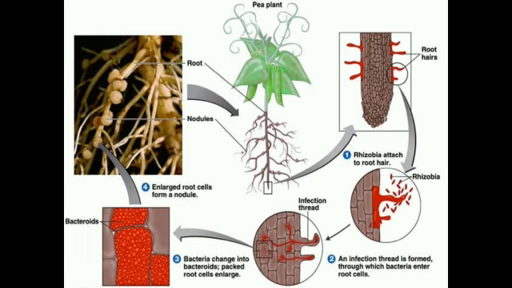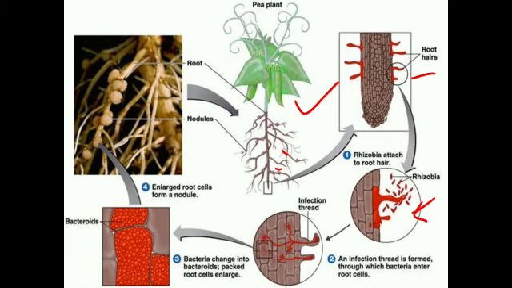Again, let us explain in a better way. Suppose this is a pea plant. On that pea plant, root nodulation is formed here. If you take the cross section of that root nodule, here the root hairs are indicated with red color. You know what happens: during the growth of root hairs, they secrete different substances like different antibiotics, polysaccharides or sugary substances. Due to that, the rhizobium bacteria get attracted towards the root hairs.